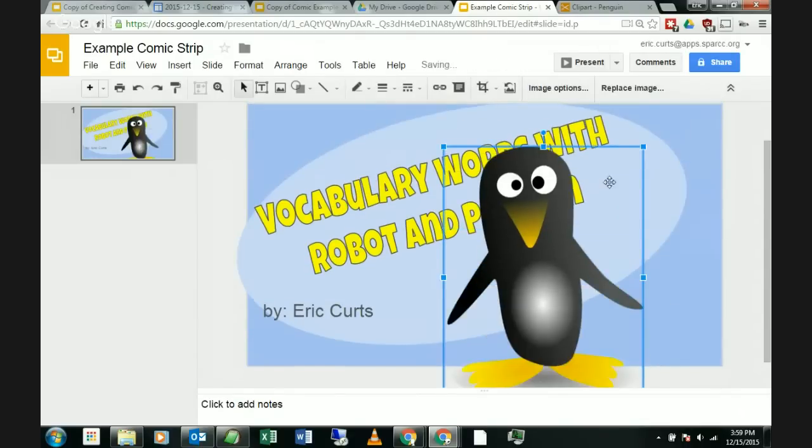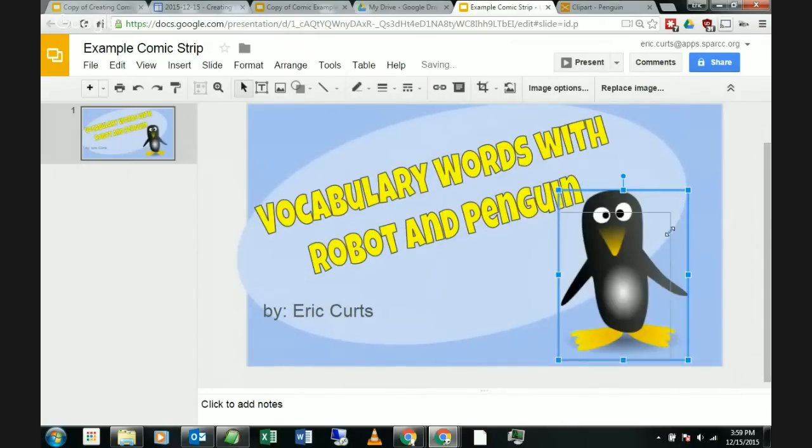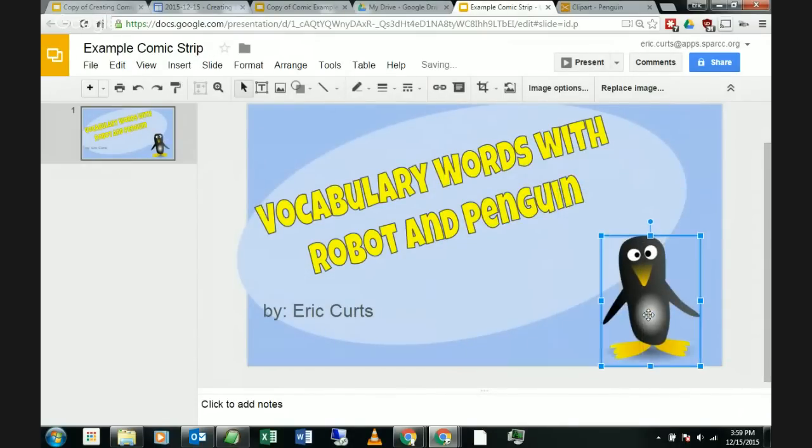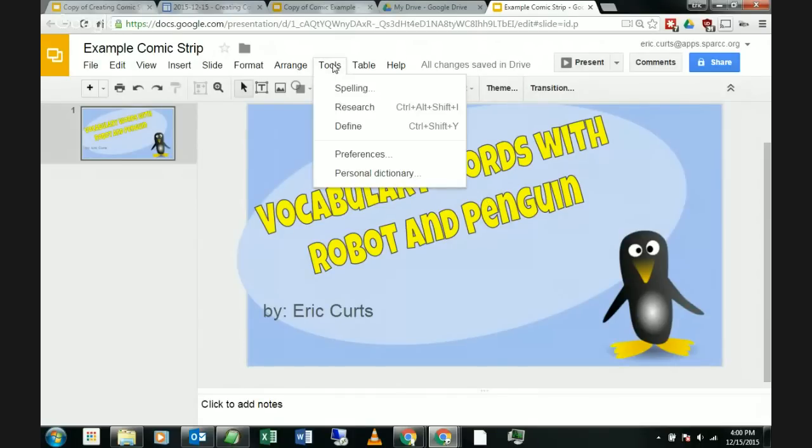So now I could have that penguin in there. I'll shrink him up a little bit, just grab the little corners there to make him not quite so tall. There he is. And so I could easily drag and drop a penguin or whatever image from another website, like openclipart.org as an example. Having said that, though, my most common way anymore is actually using something called the research tool. So if you go up to tools in the toolbar, you'll see one of the options is research. If you give a click on research,